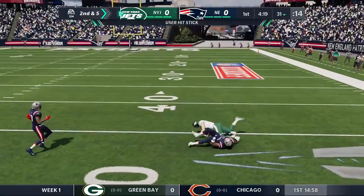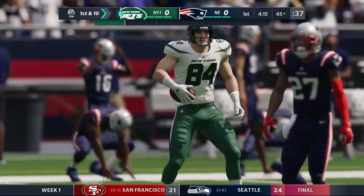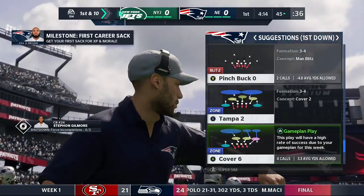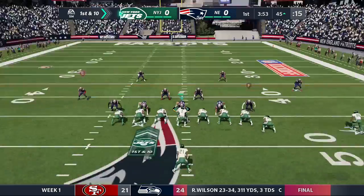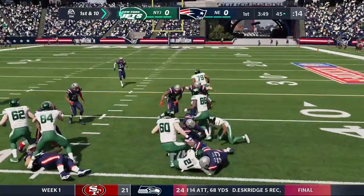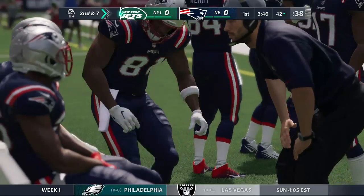Here's a throw right side, taken in by his tight end. And out across midfield, down to the 45. That one covers 24 yards. It's a first down. First down, Jets. This is Breida, and he's able to push forward for right around 3 yards down to the 42. He's brought down at the...